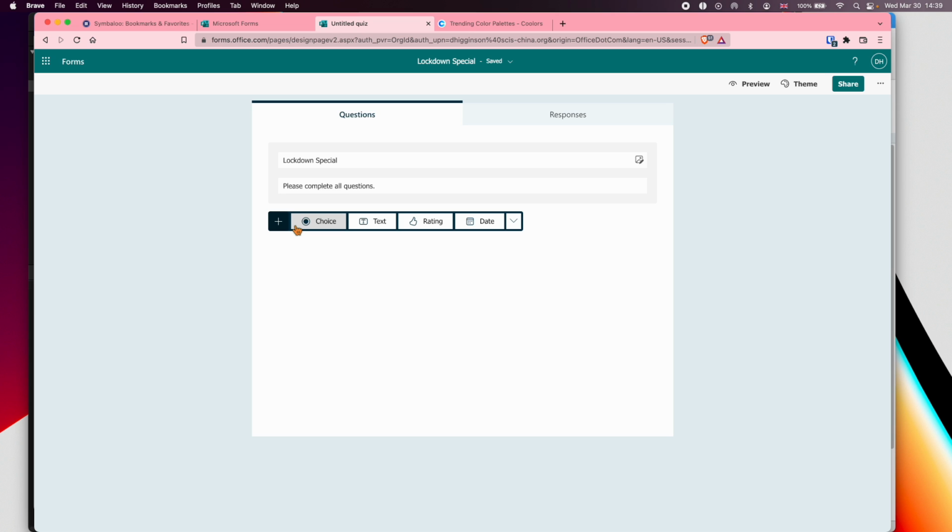Now, I have tested this to death. And even though you've got all these options like rating, date, ranking, Likert scale, upload files, net promoter,